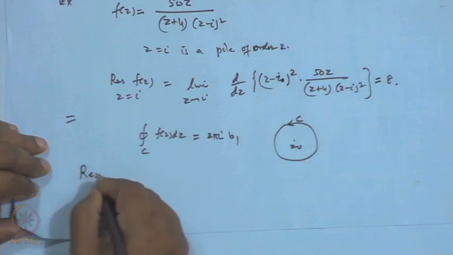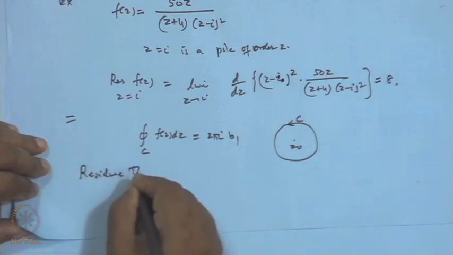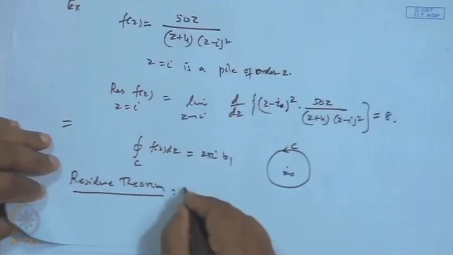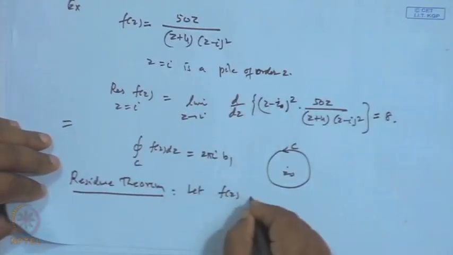So, this result is given by the residue theorem. This is known as the residue theorem. What this residue theorem says: let f(z) be analytic